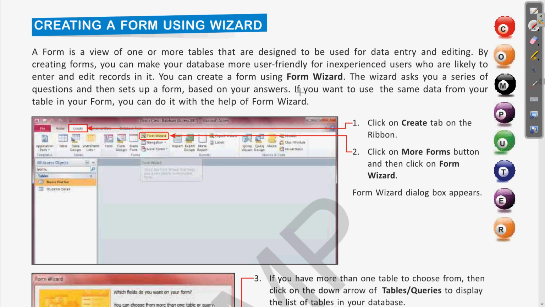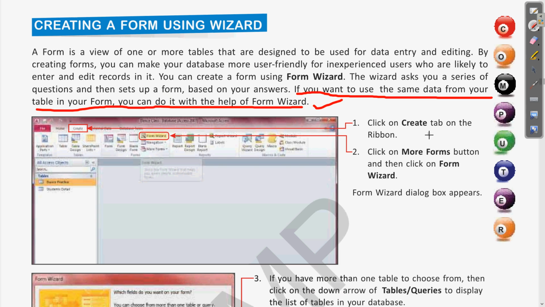So here in MS Access, when you are using the form wizard, it will ask some questions, meaning what are the tables which you are choosing for creating the form. So when we choose all the fields and the tables, on the basis of our selection of the table or the fields, this form will be created. Clear? So this is the concept of form wizard. It can make it easy, the steps which we would do manually rather than using the form wizard. Now let us see what are the steps.